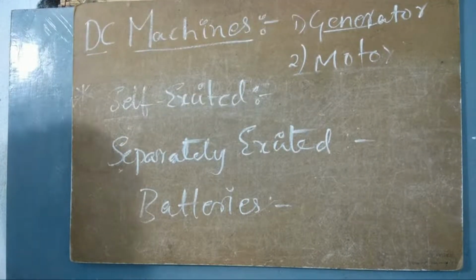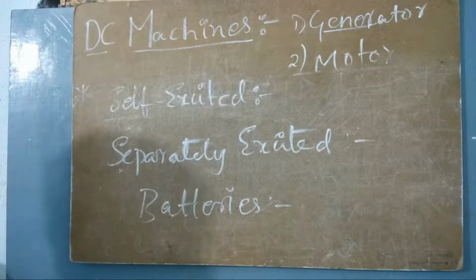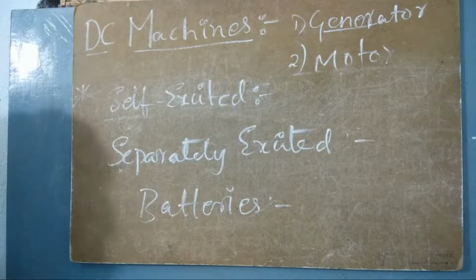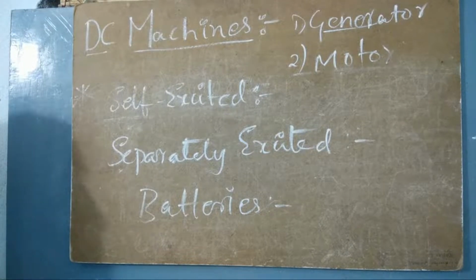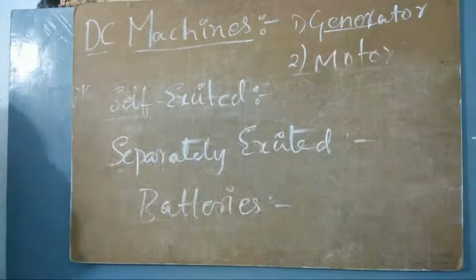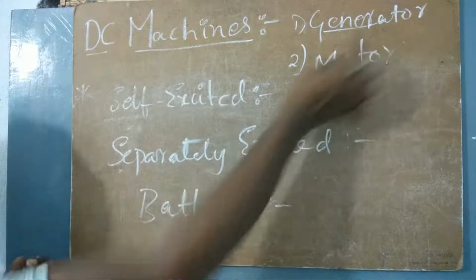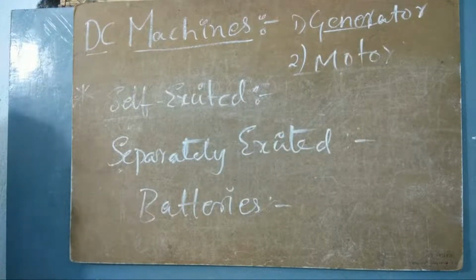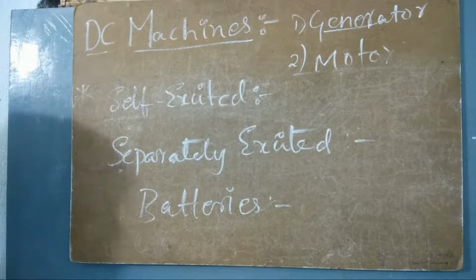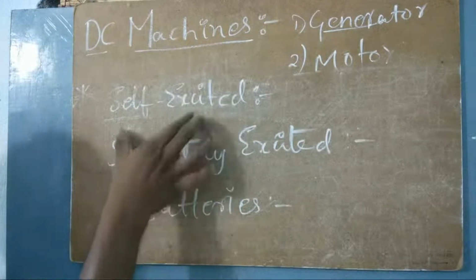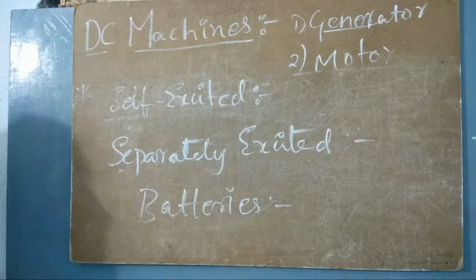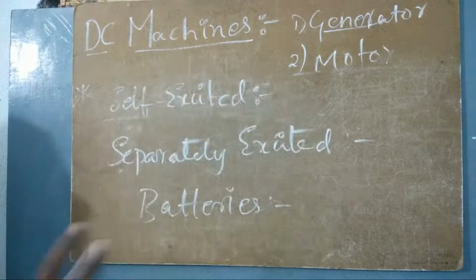Okay. And according to the kind of generators we have in practical life, we will be seeing different kinds of generator which always produce AC, and then we will convert that into DC. So in the DC machines, we are going to talk about the DC generator only. Let us now have a look at the basic DC generator. This is all about self-excitation and separate excitation, and this whole thing comes under excitation.